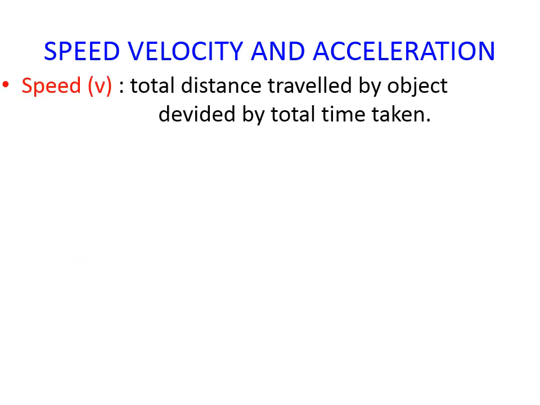After we have understood distance and displacement, now we will learn about speed, velocity, and acceleration. Now we'll learn the definition and the formula for speed, velocity, and acceleration. Speed, symbolized by v, is the total distance traveled by an object divided by the total time taken. Because of that, the speed v is formulated by s per t,